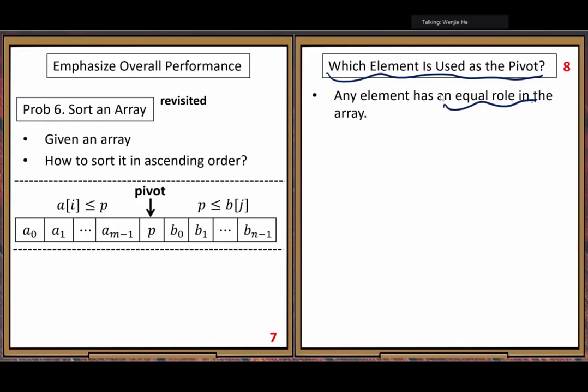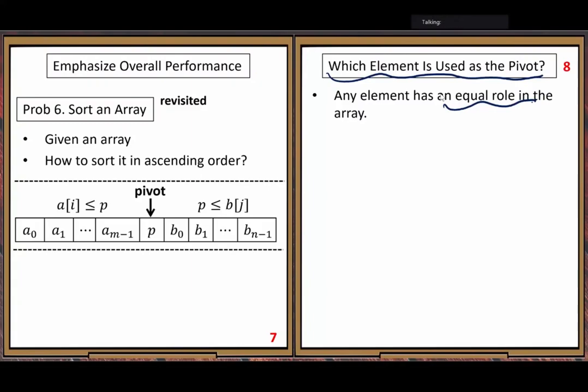Any element has an equal chance to be chosen as the pivot element. That's fair, right? That assumption is fair.